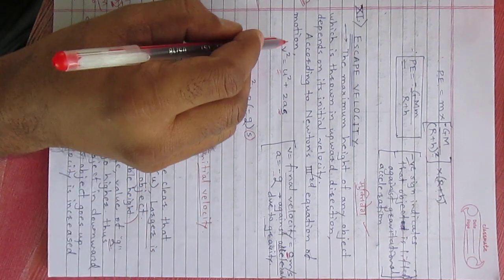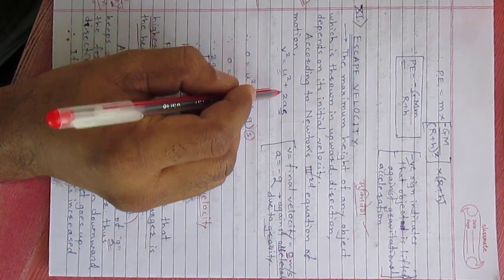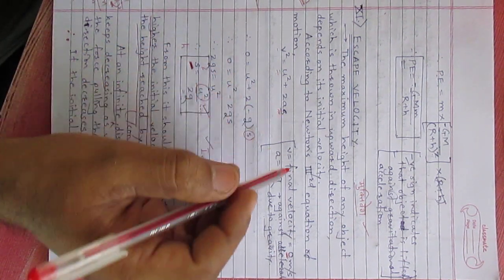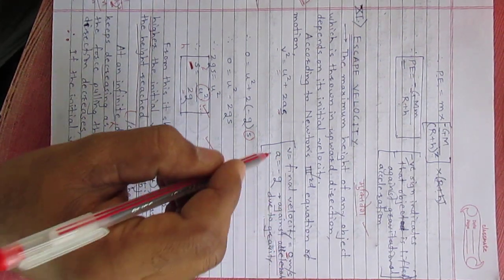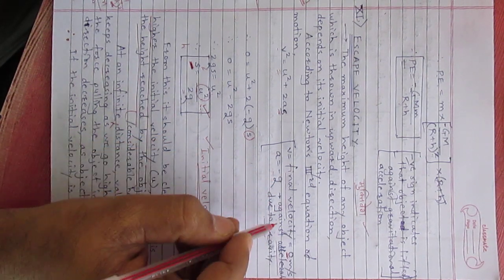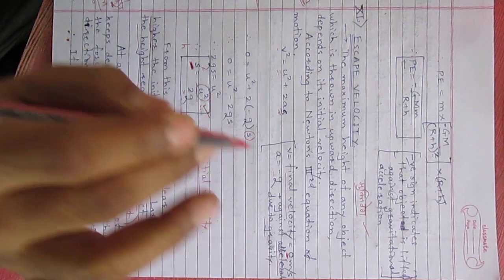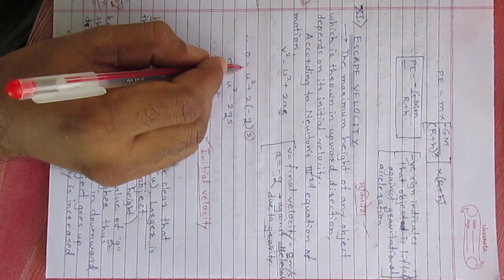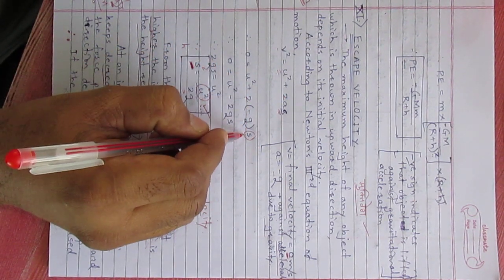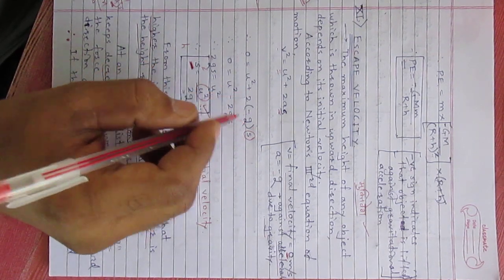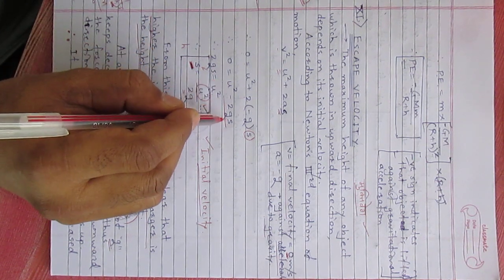We will prove this. According to Newton's third equation of motion, v square is equal to u square plus 2as. This is the equation. And from this, v is the final velocity, that is 0 meters per second. a is equal to minus g, the acceleration acting against the acceleration due to gravity. Therefore, v square is equal to u square plus 2 into minus g into s. This entire multiplication will give the statement: 0 is equal to u square minus 2gs.